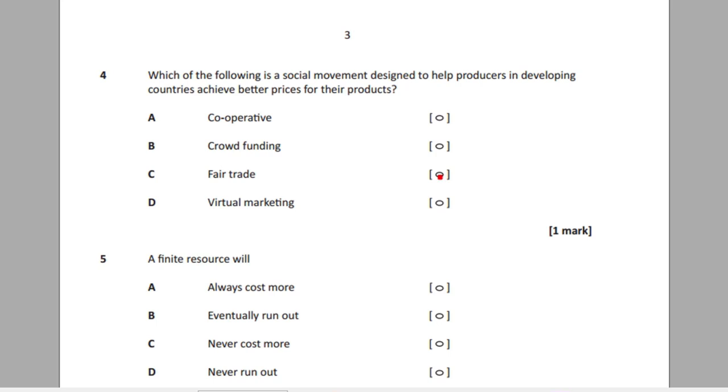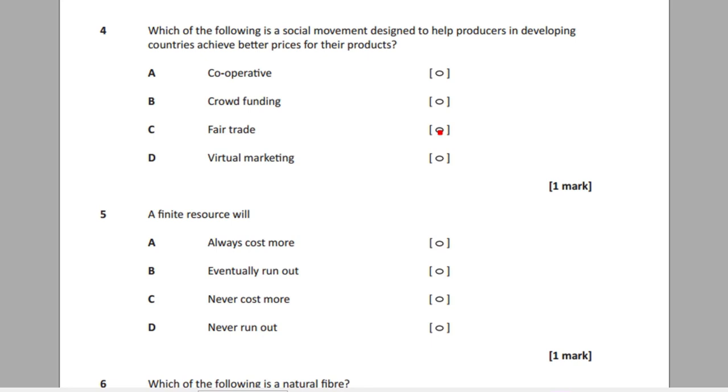So virtual marketing, you're all used to virtual marketing. If you've gone on Facebook and seen an advert, or you've used Google websites and done a search and you've seen adverts, that is virtual marketing. So where companies advertise their goods and wares on the internet, and adverts pop up. For example, if you use Instagram, you see lots of adverts there where people running commercial endeavors or enterprises, and you may see an account which is selling a particular good or service. Okay, so let's move now to the next one.